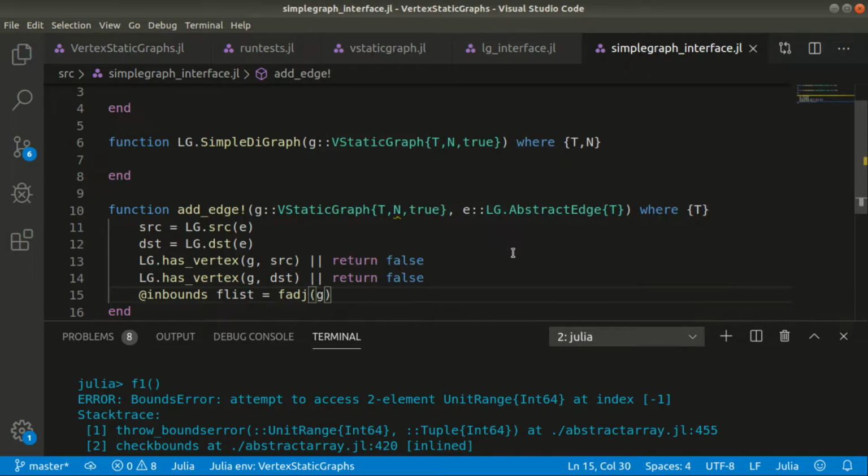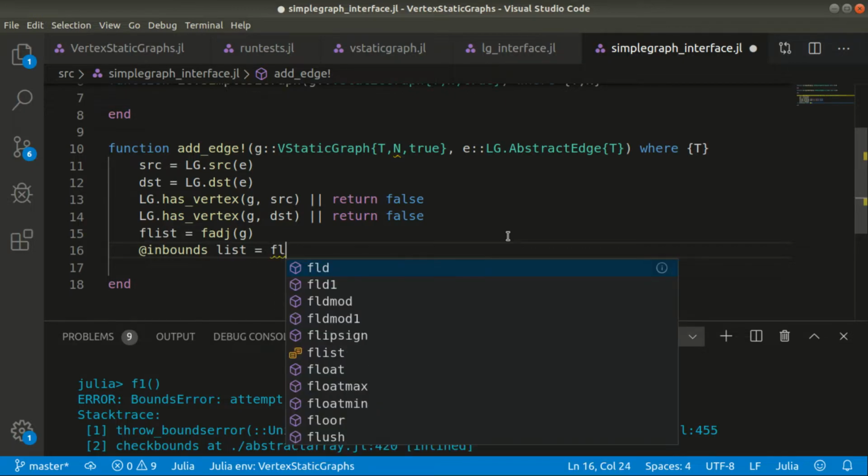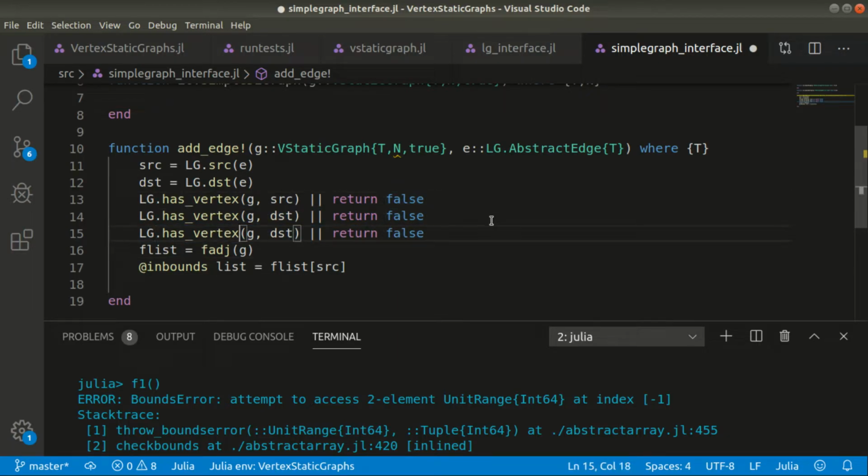Getting the list is does not inbounds, but list equal f list at vertex source. Right, we need to check if we have the edge already. We don't need to add it again. Return false. Now we know we don't have the edge, so we can just